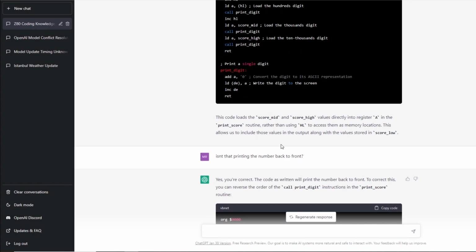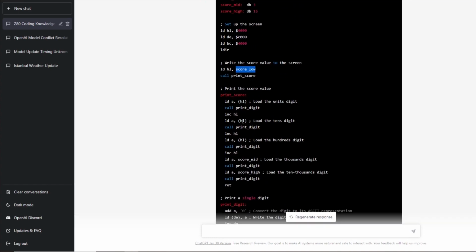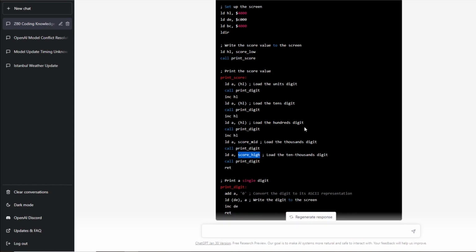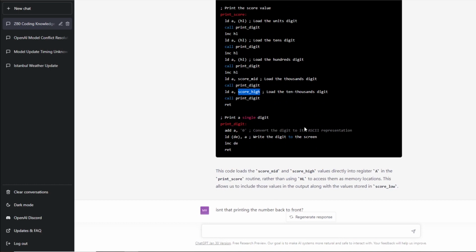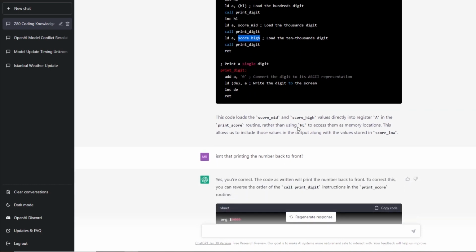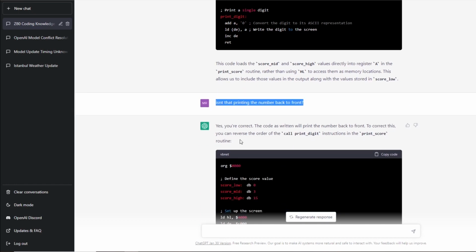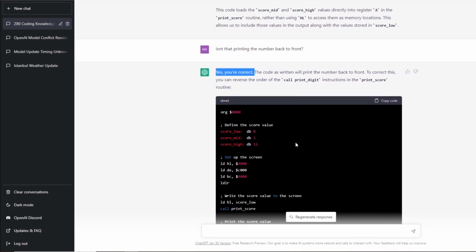But looking at the code, first of all, it prints out the low value, and then it prints out the mid value, and then the high value. So the score that it's outputting is the wrong way around. So I say, isn't that printing the number back to front? ChatGPT comes back, yes, you're correct. So then it comes back with some more code,